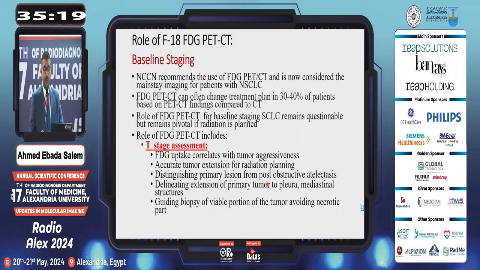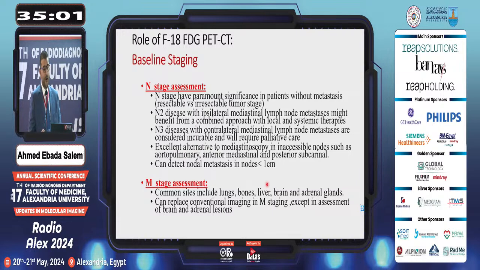Accurate tumor extension is also crucial if radiation is planned. It can also distinguish between post-obstructive atelectasis and primary tumor, as we'll show. It can also guide biopsy, so it can avoid any central necrotic portion of the tumor. As regards the N staging,